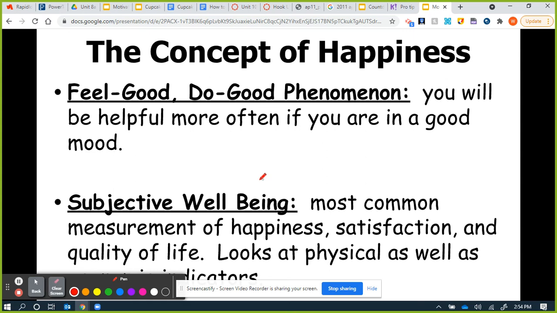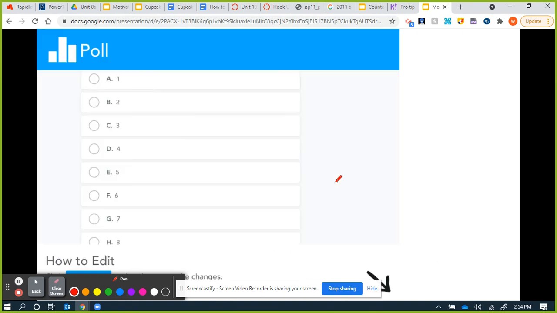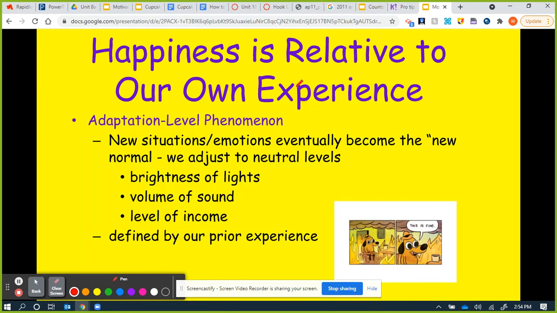Let's see. Feel good, do good. When you're in a good mood, you're more helpful. All right, so last couple things. What determines happiness? Well, happiness in some aspects is relative to our own personal experiences. Adaptation level phenomenon is the idea that even when we are presented with something new,